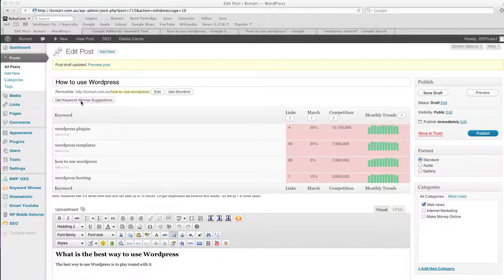One of the little buttons you'll notice is this little thing called Get Keyword Winner Suggestions. That's actually a plugin. It's not a free plugin, but it is a very powerful plugin, and it's one that saves you a lot of work when you know how to use it. You'll notice our original title was How to Use WordPress, and that comes up here. By clicking this little button, Get Keyword Suggestions, you'll notice that when it comes to how to use WordPress, we've